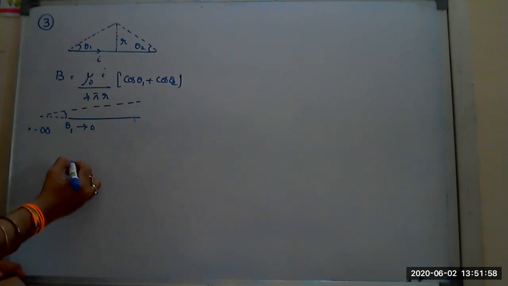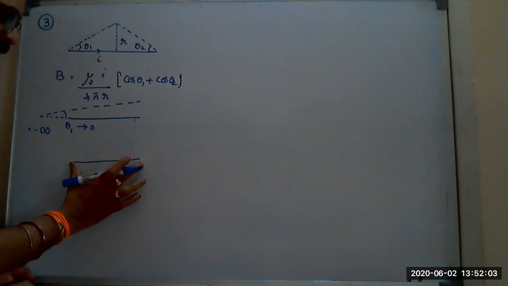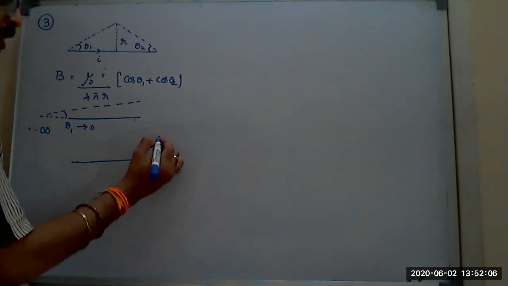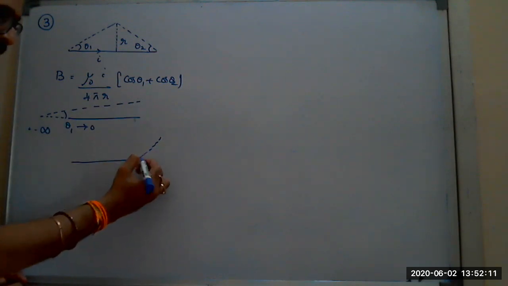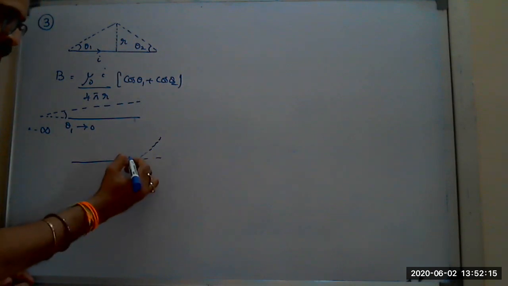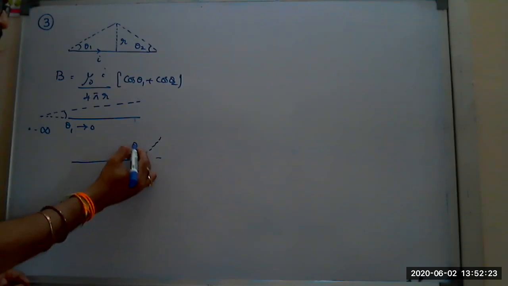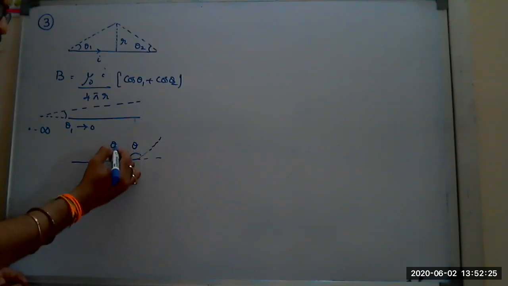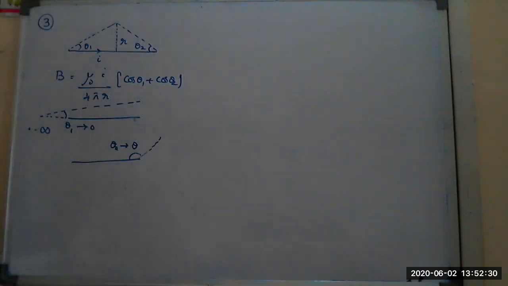Means second one what I am saying, this is the conductor and the point is not selected within this length part. Suppose selected somewhere out. Then we should not take the angle as theta here. We have to take the angle between the wire and the line joining the point. This is the angle theta. So the theta 2 we have to take here as angle theta. This is the concept, Nana, for the problem.